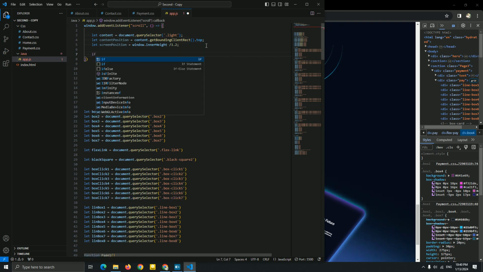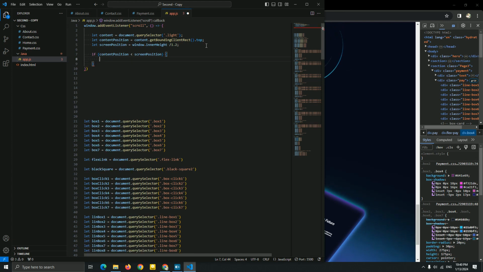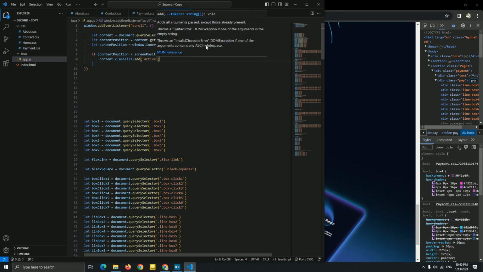Okay, next, now if contentPosition is less than this screenPosition, then content.classList.add, and let me name it active.